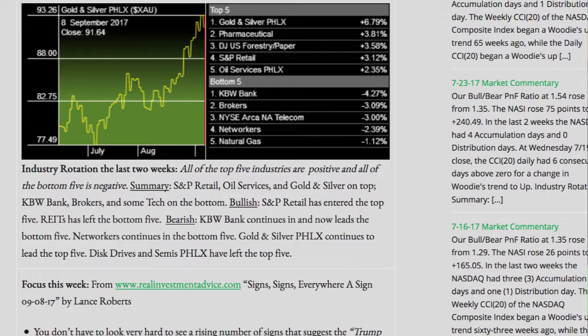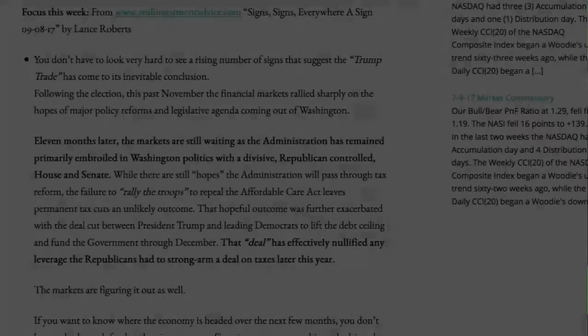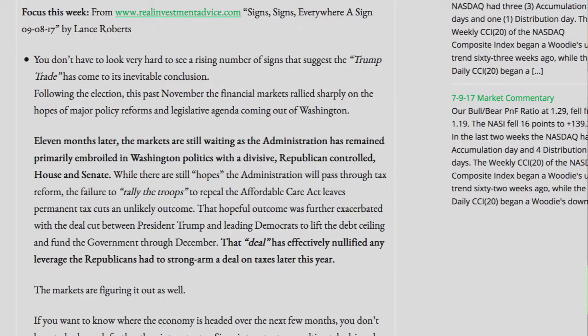Networkers continues in the bottom 5. Gold and silver continues to lead the top 5. Disk drives and semis have left the top 5. Focus this week from